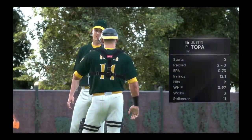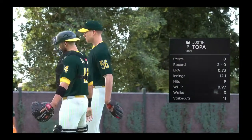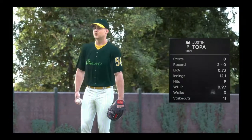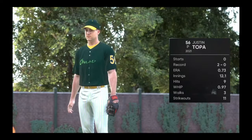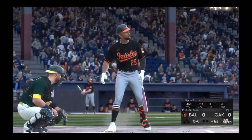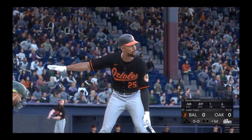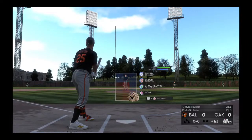Justin Topa, a right-hander from the Empire State, gets the starting assignment here. What do you have for us on him, Danny? Hey, you think this guy's tough to hit? Take a look at that ERA in the low 2s last season. If he pitches like that again this year, he's going to be awfully tough. He's going to be fun to watch in this one. Into the box, Byron Buxton, and we are set for